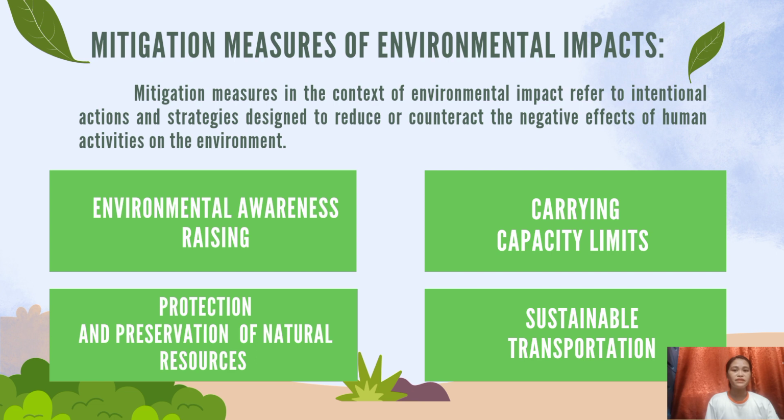So, the first mitigation measure is the environmental awareness raising. We all know that tourism has the potential to increase public appreciation of the environment and to spread awareness of environmental problems, which brings people into closer contact with nature and the environment. This confrontation may heighten awareness of the value of nature and lead to environmentally conscious behavior and activities to preserve the environment. An example of this is encouraging locals to engage